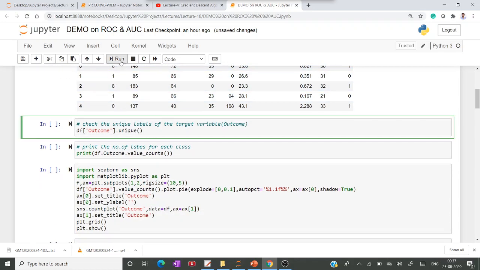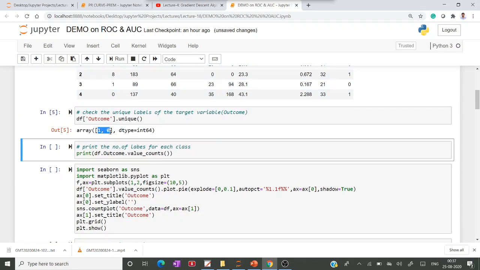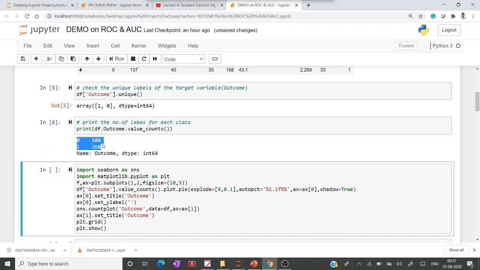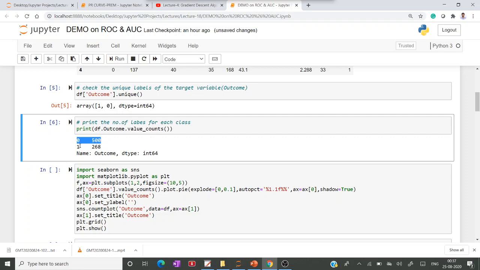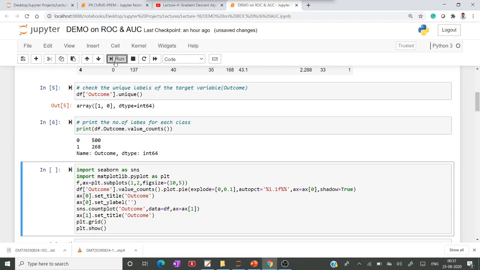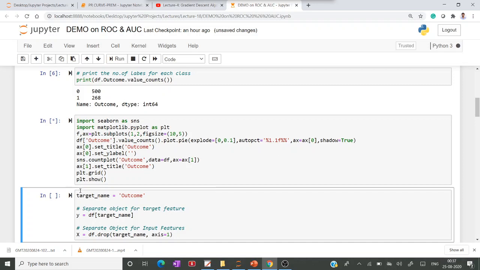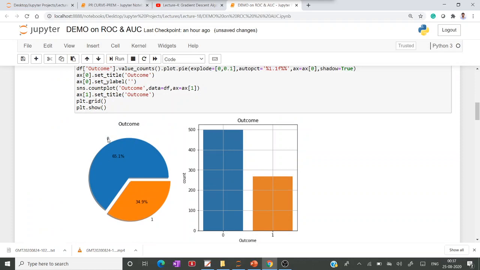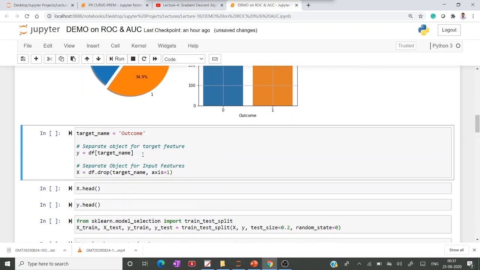In the target variable there are only 1 and 0, which means a binary class. The number of zeros is 500 instances and the number of ones is 268. So class 0 is 65% and class 1 is 34%, but it can be considered roughly balanced.